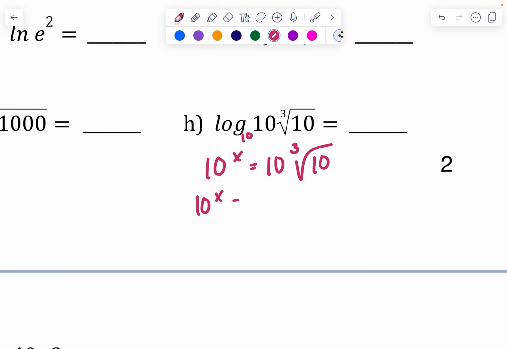So I'm going to keep the 10 to the power of x, my unknown. This becomes 10 to the 1st power, that's this guy right here, times 10 to the 1/3 power, and that's this guy right here. And then I have something where it has 10 to the 1st power